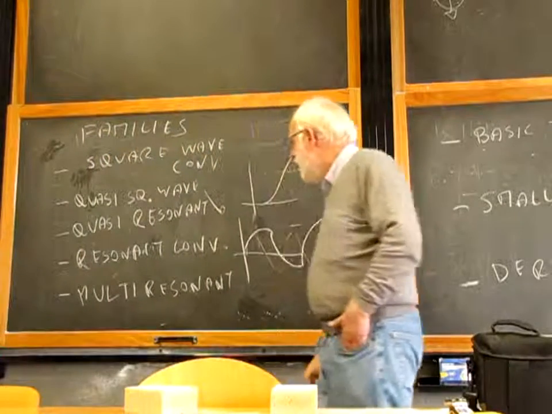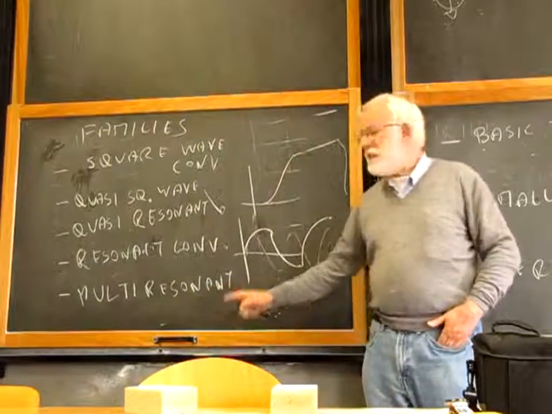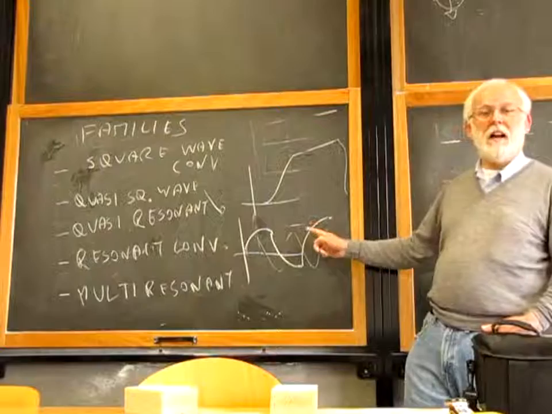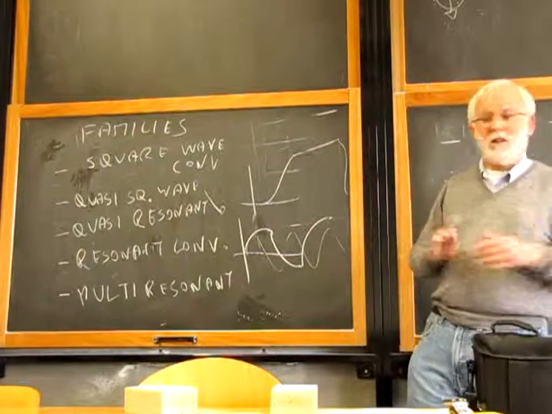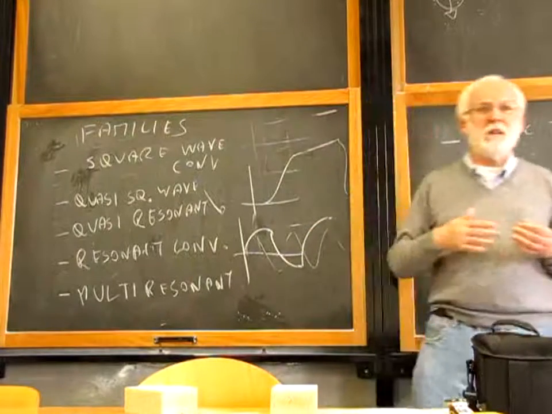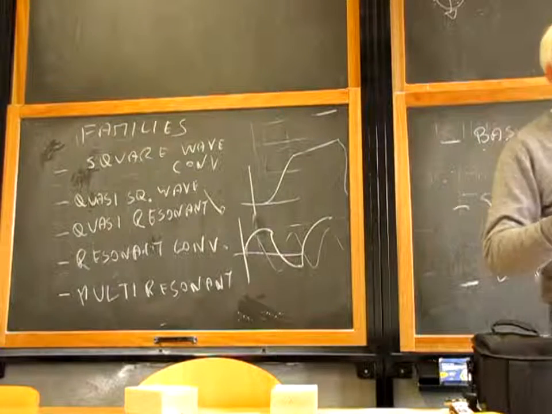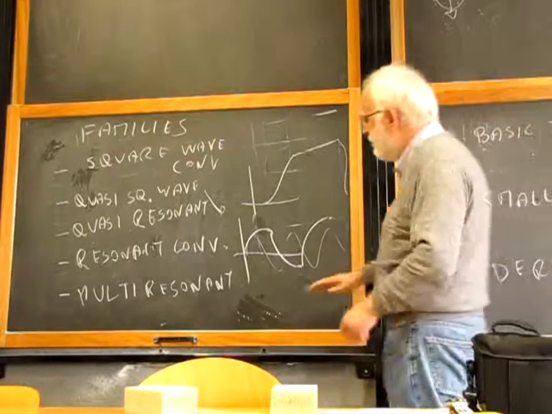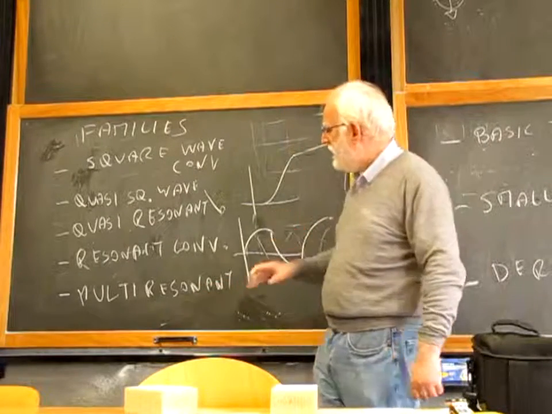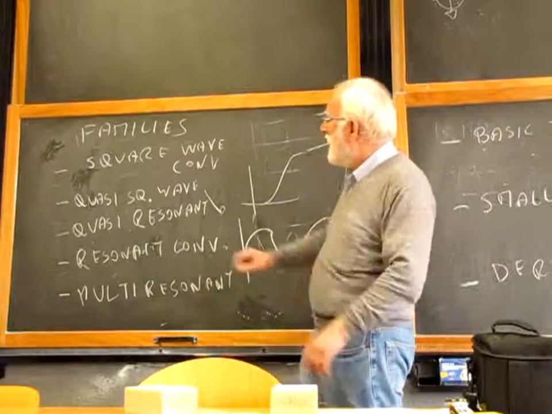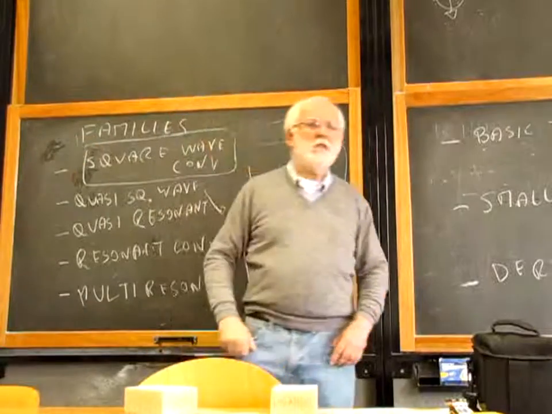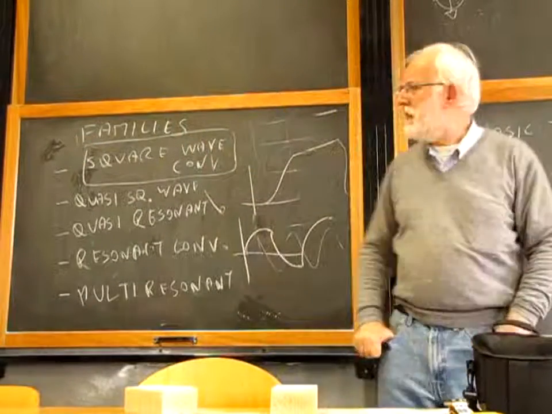converter. The multi-resonant converter means it's still a resonant converter, but parts of the sinusoidal waveform are not at the same frequency. They change frequency because when a switch opens or closes, it adds or removes the capacitor from the circuit, and so that frequency changes. But those are important only in some very narrow cases. We will stay basically on square wave converters. Those are the most used around the world.